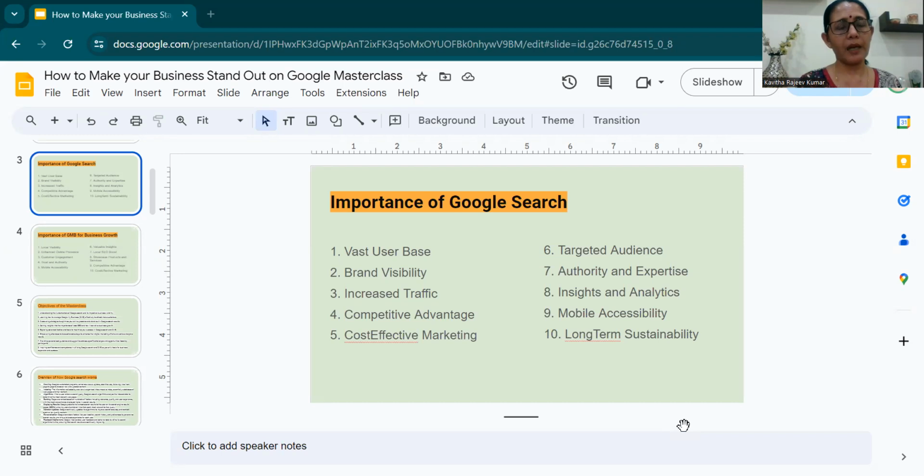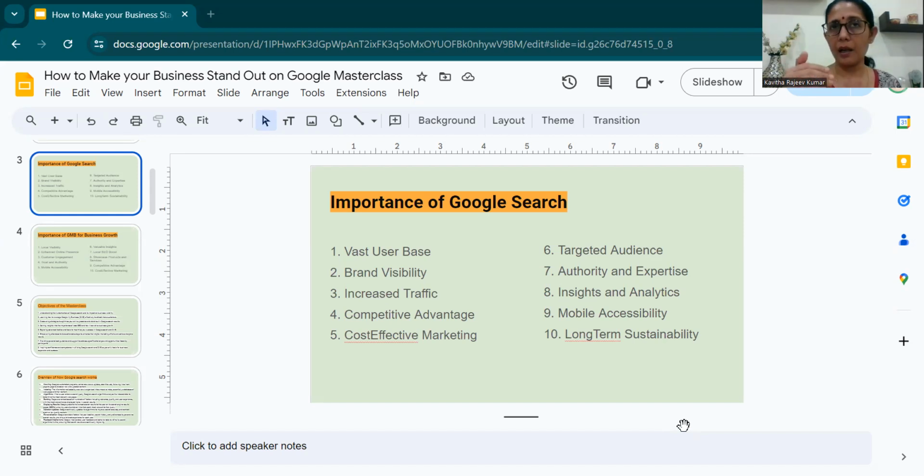If you are from that locality and if you have a GMB page, Google will show your company name, and it is reaching the targeted audience. Only people who have a requirement for chocolates will go and search on Google, right? So they are a targeted audience who has a need for your product. And it helps in building your authority and expertise.